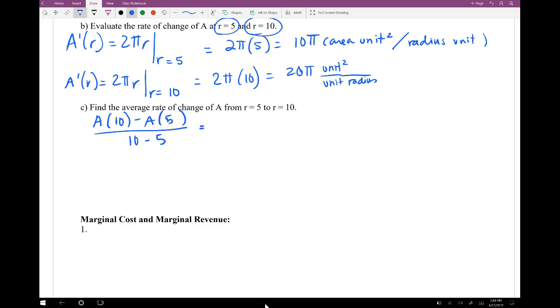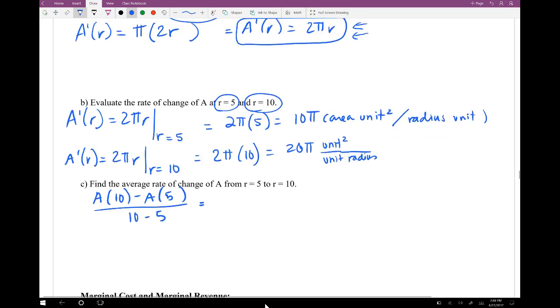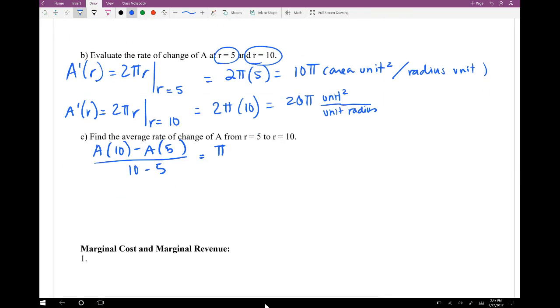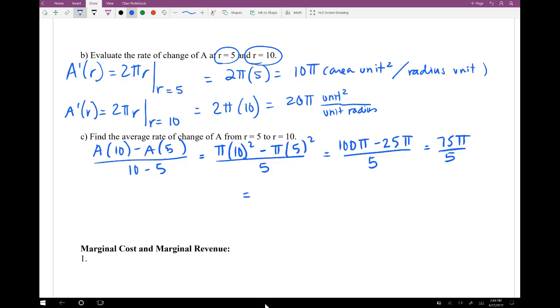The area is the normal formula, pi r squared. So pi times 10 squared minus pi times 5 squared, over 5. This is 100 pi minus 25 pi, all over 5. So this is 75 pi over 5. What's 75 divided by 5? Is that 15? So that's 15 pi area units